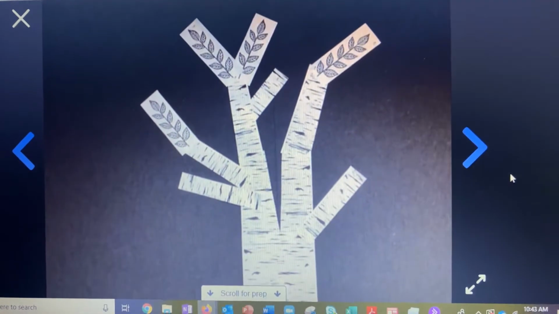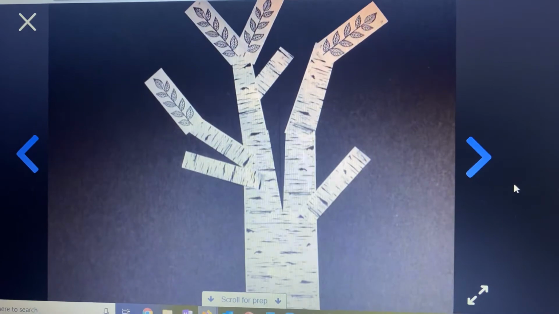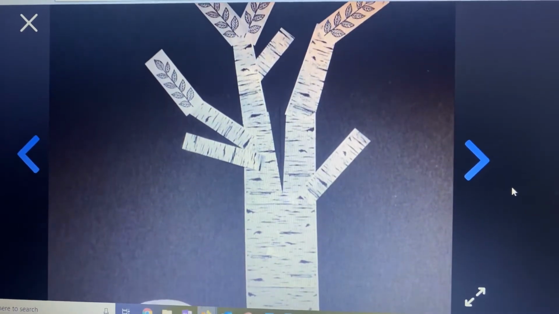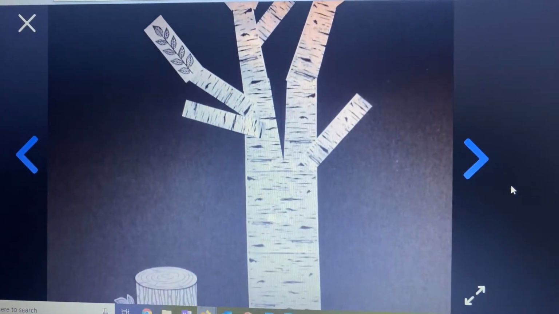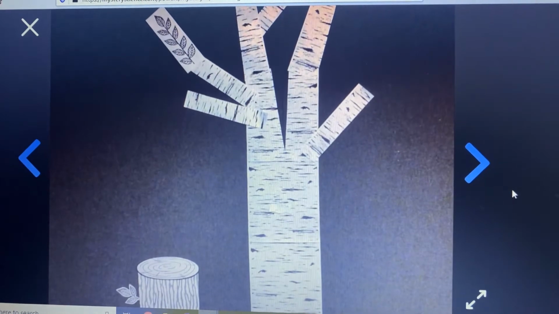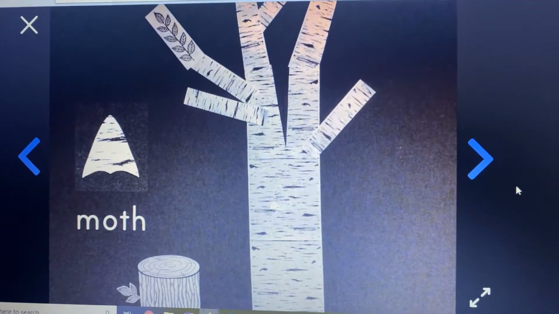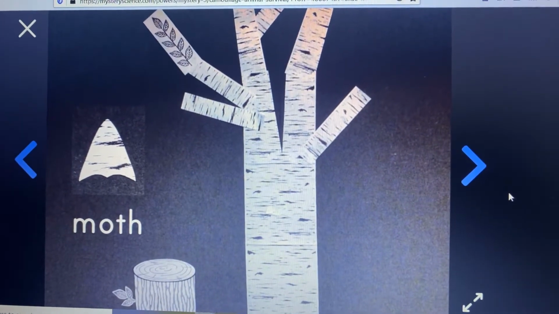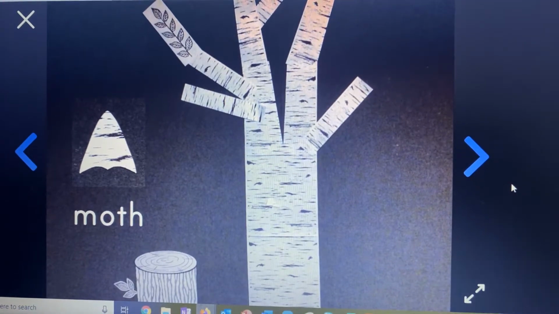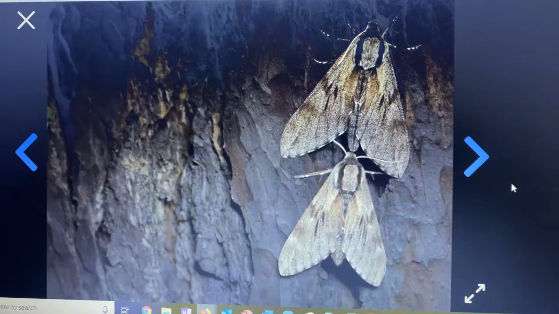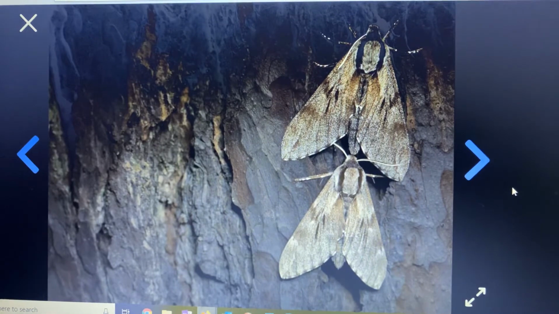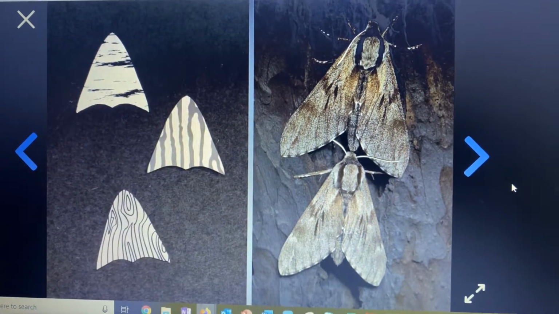In today's activity, you're going to find paper moths that are hiding on a paper tree. These moths are right there in front of you, but they're camouflaged, so they're hard to see. Do you see any? I didn't think so. Just like real moths that hide on trees, your paper moths have a pattern on their wings that matches the